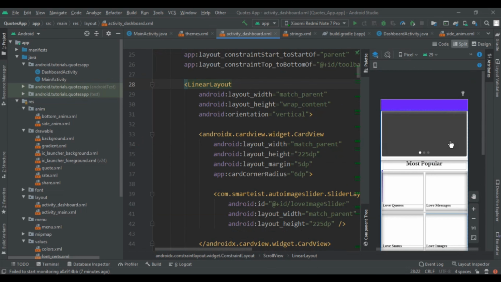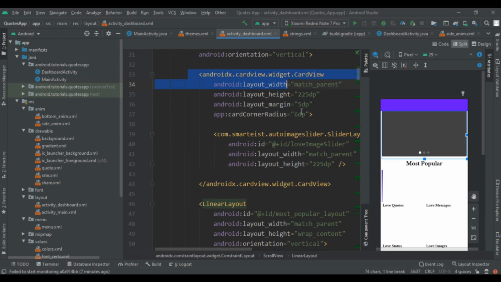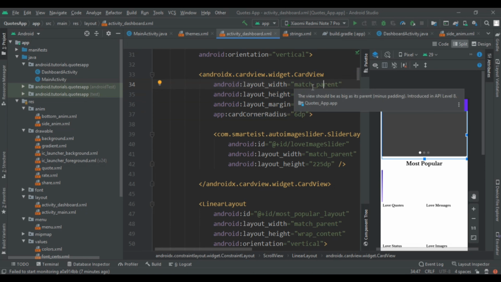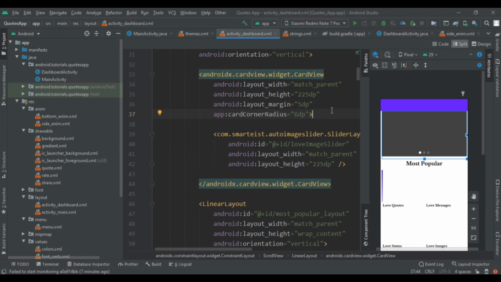So here is our card. To make the corner radius, I had implemented the card view with width match parent, and given the custom height, that is 225 dp, and aligned them all with margin 5 dp, and given the radius of card to be 6 dp.